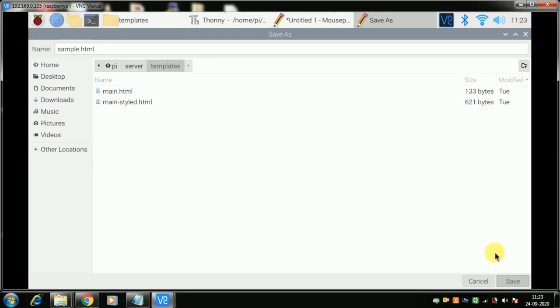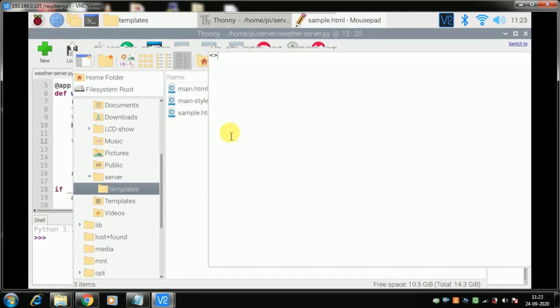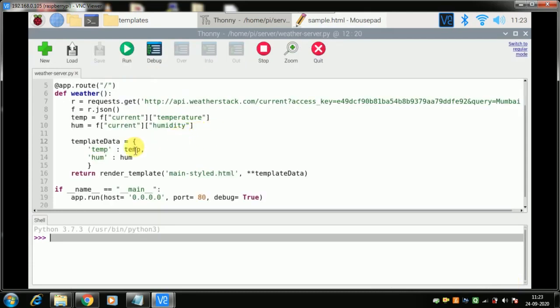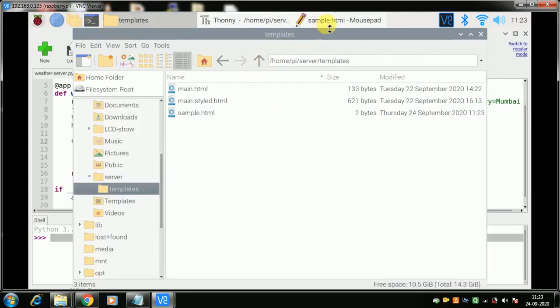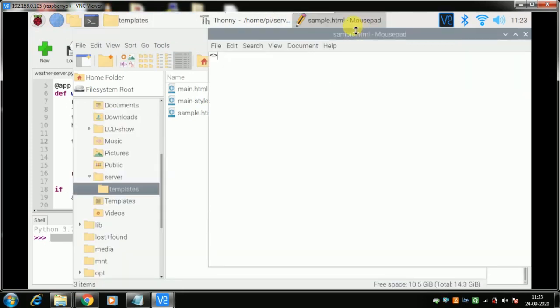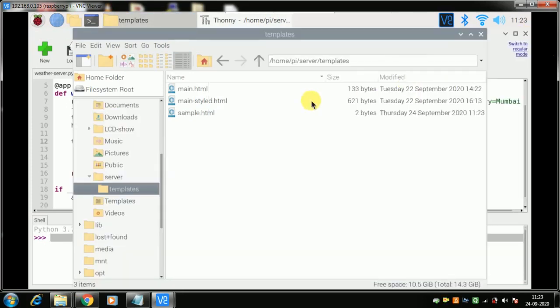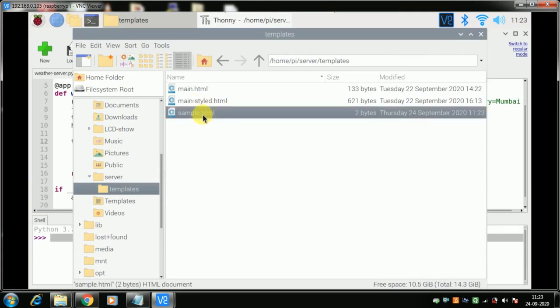Once it is saved, it is taking some time because I am sitting far away from my router. You can go inside these templates and see, and close your file.